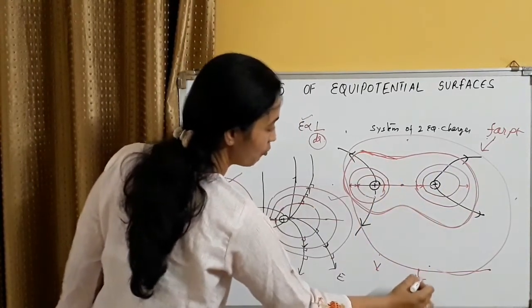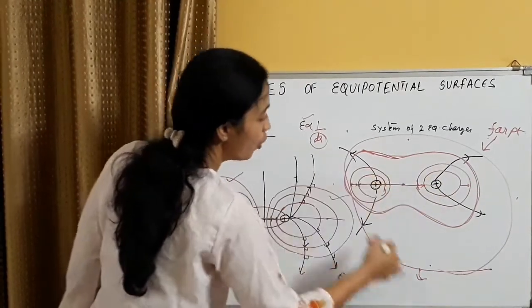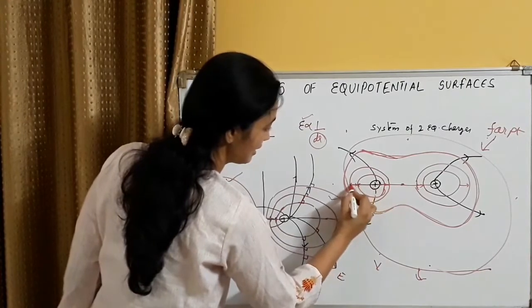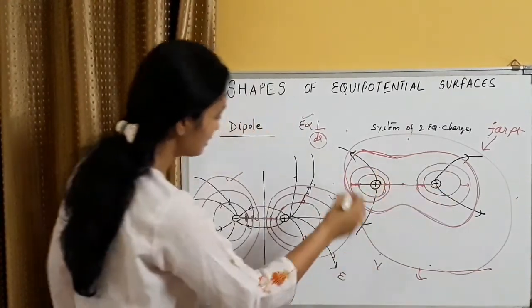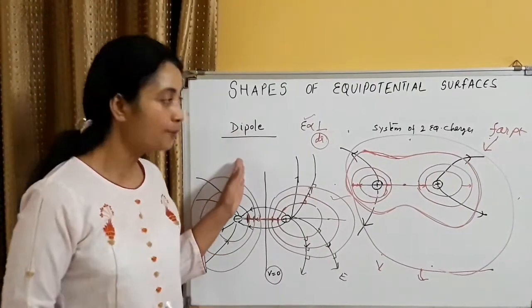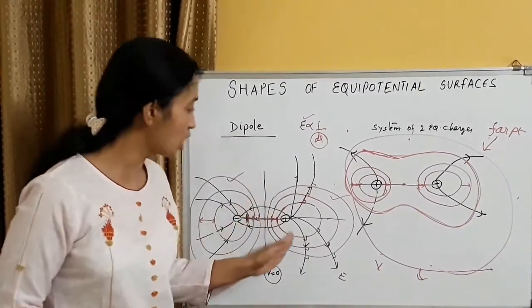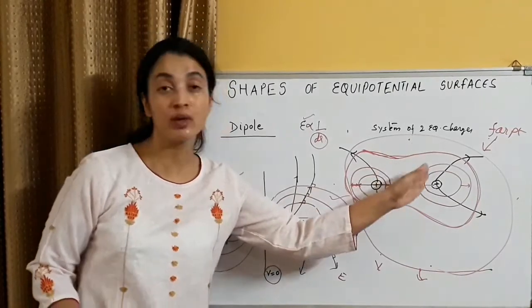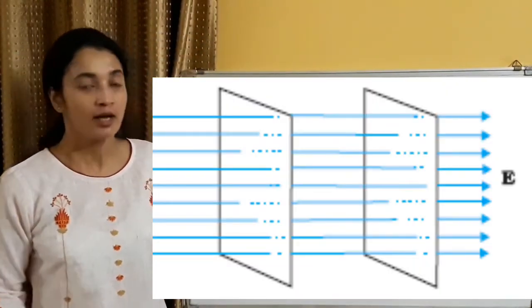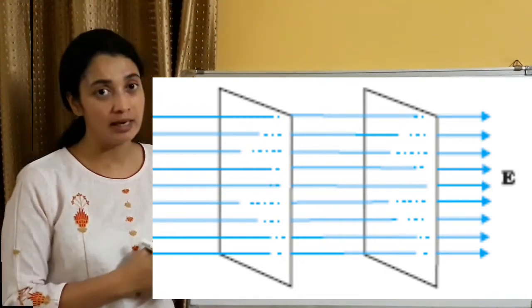And this is the bigger circle at a far off point where these two behave like one single system, and at the closer points here the distance is less, here the distance is more. Hence this is the mapping of equipotential surfaces for a dipole, a system of equal and opposite charges, and for a system of two equal charges. You can look at some of these pictures in order to see them clearly. Thank you.